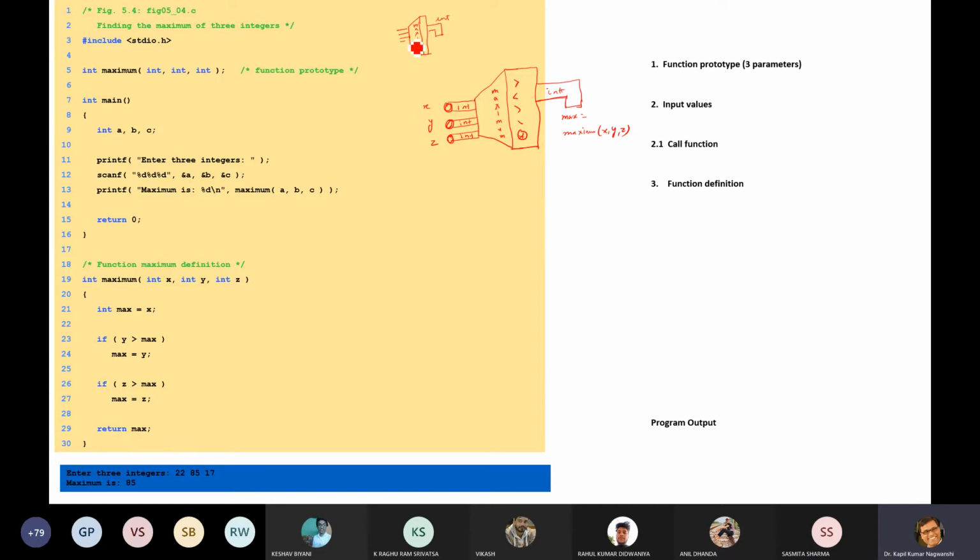Three pipes are there, but we have not written integer or float, and the definition is also not given. So this is of integer type, and the return value is also integer. This is our prototype, just a model, and this is our actual implementation.